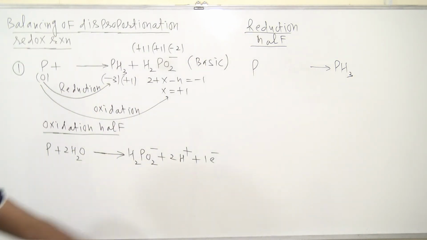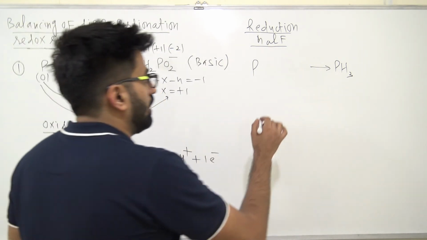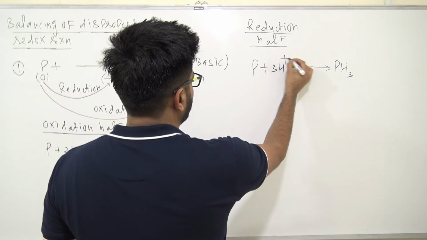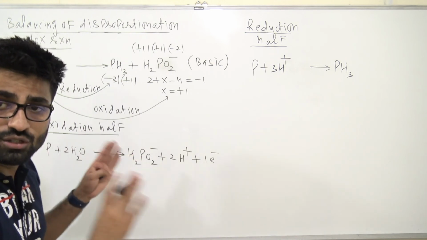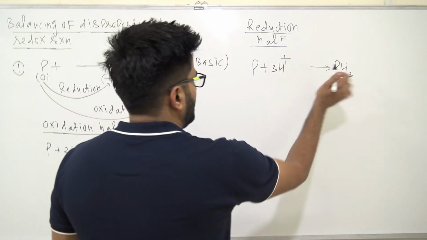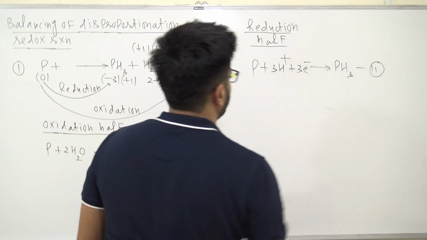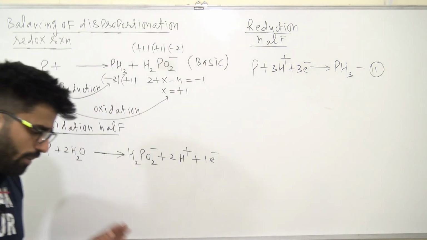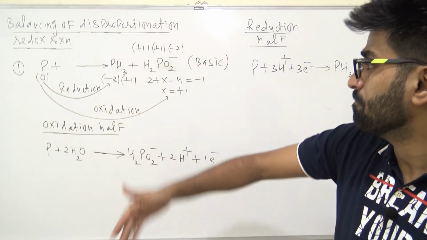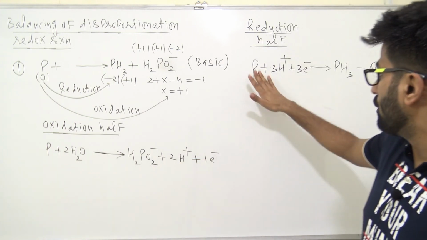Now balance all the atoms, phosphorus 1, done. Balanced, right? Now balance hydrogen, oxygen is not there, so balance hydrogen by adding H plus. Hydrogen is also balanced because we are assuming it to be acidic. Now balance charge, reduction is gain of electron, neutral, 0 charge. So here I need to add 3 electrons. This is my second reduction half. Overall it is the same: in the reduction and oxidation half, you have to write the same species that is undergoing oxidation as well as reduction. Okay, so this is what I have done. I hope this is clear to you.